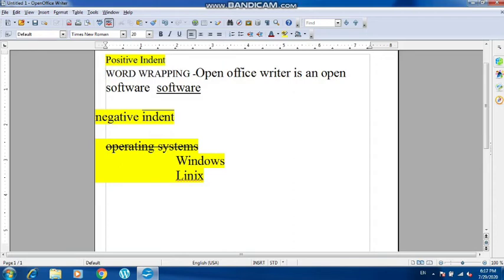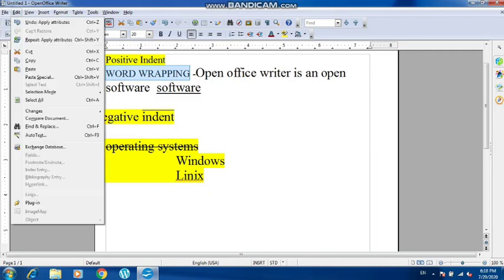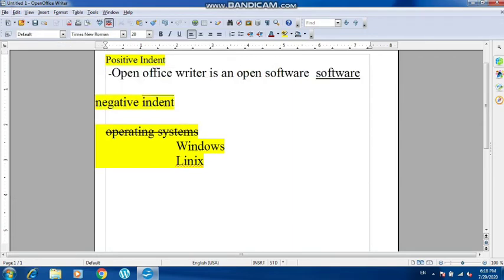Now I'll tell you how you can do cut, copy, paste in the OpenOffice Writer. Now suppose I want to cut this particular text, word wrapping, and I want to paste it somewhere else. We will go to the edit menu, and then you can click on the cut, which is given here. The shortcut key is Control plus X. You can cut the text, and wherever you want to paste, you place the cursor over there, and you can just press Control V, or you can go to the edit menu and select the paste option for pasting the